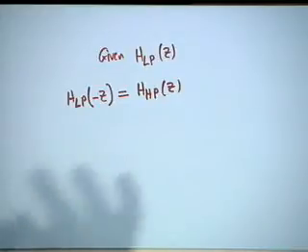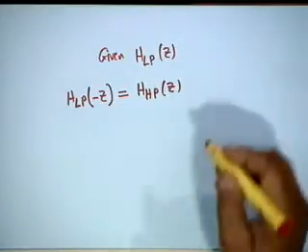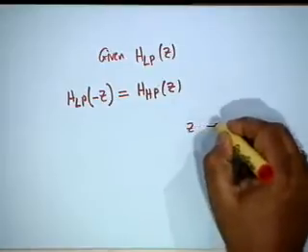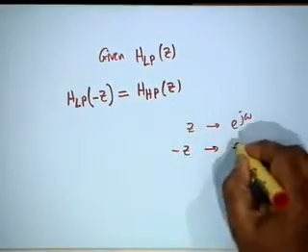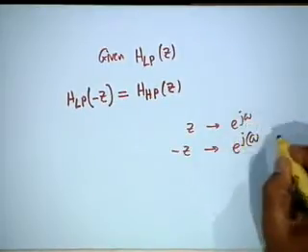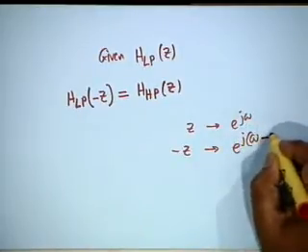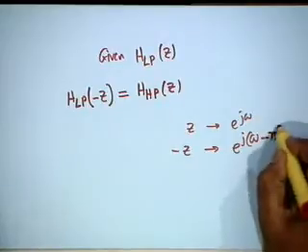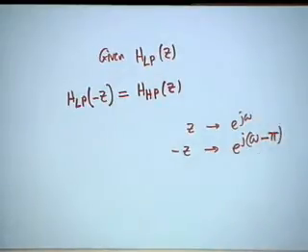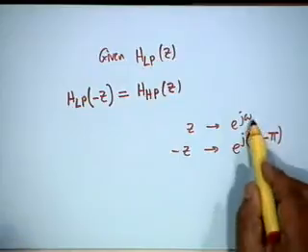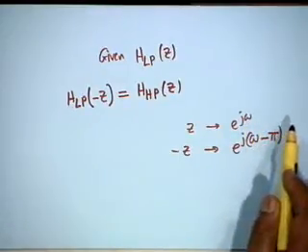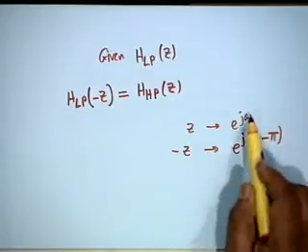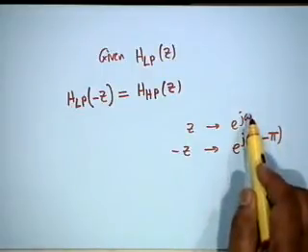And the logic is not difficult to find. You see, z corresponds to e to the j omega, minus z corresponds to e to the power j omega minus or plus pi. Let us write omega minus pi, which means that whatever occurs at omega shall now occur at omega equal to pi. All right. The magnitude was 1 for the low pass filter at omega equal to 0.